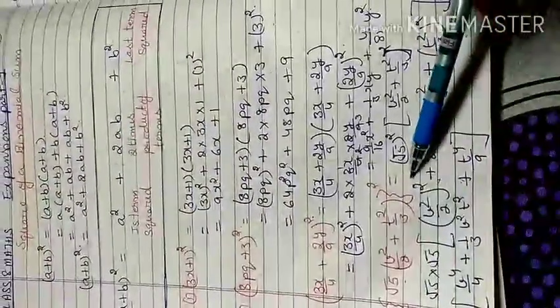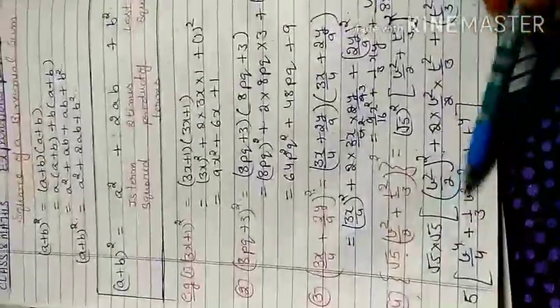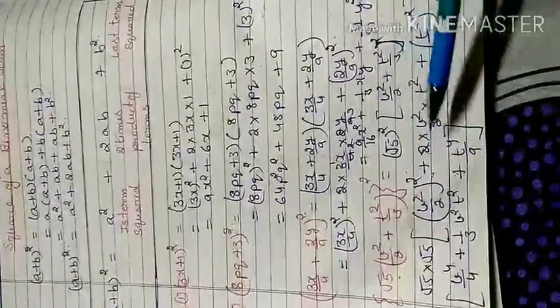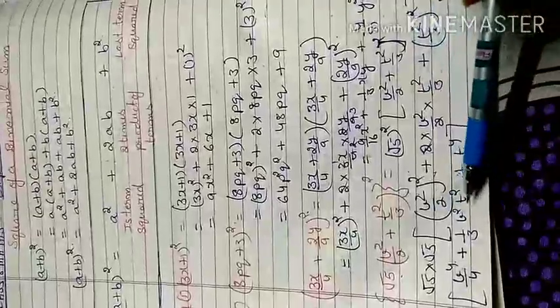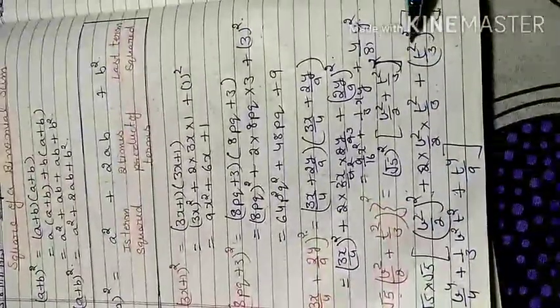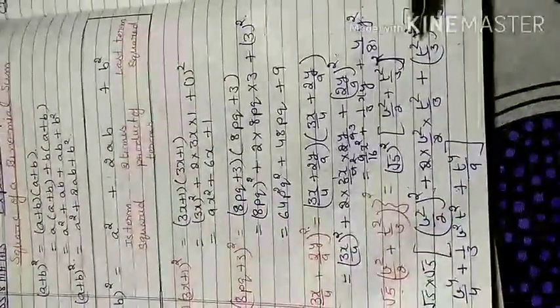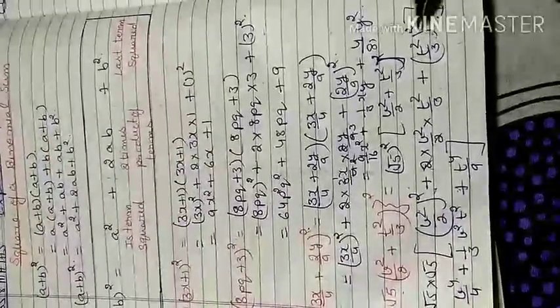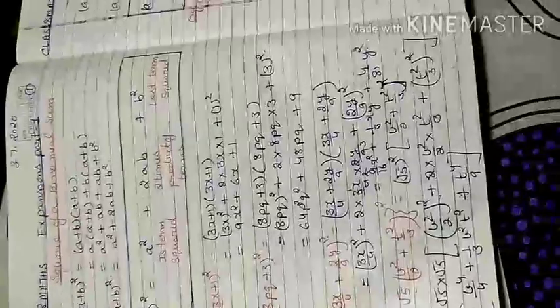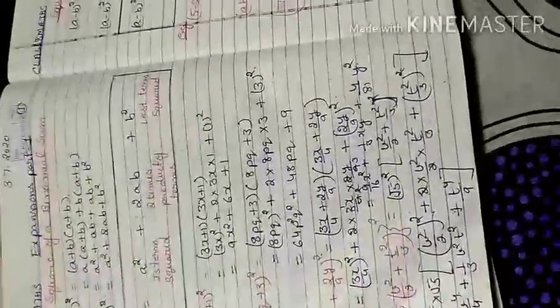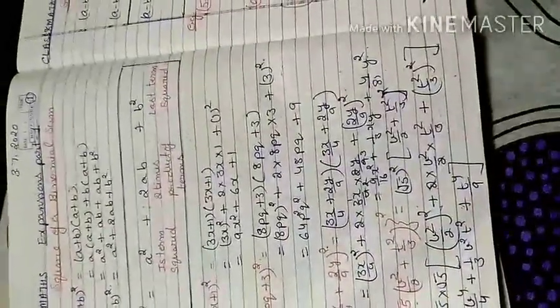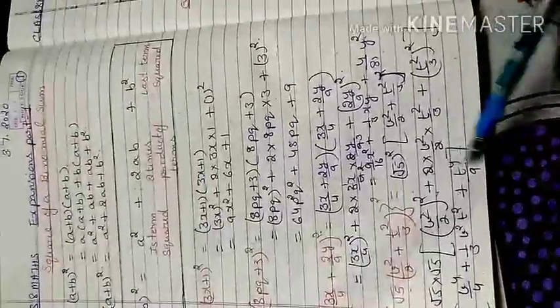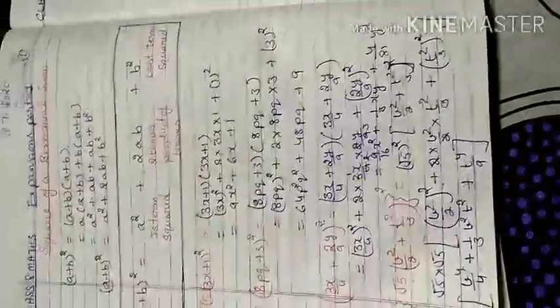V square by 2, the power will be multiplied, v to the 4 and 2 square is 4, and here 2 is cancelled, only 1 by 3, v square t square is left. T square, because this whole power 2 means t square square, and 3 square will be in the denominator. If a common power is there in the numerator and denominator, that means the power will be applied to both numerator and denominator. So t to the 4 by 3 square, that is 9.